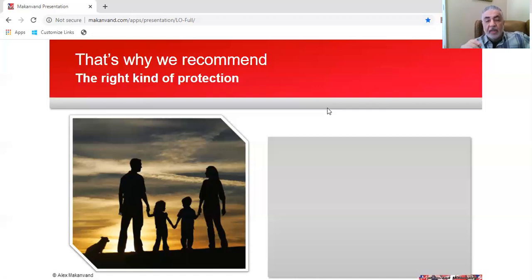So for example, a lot of these coverages from work are for accidental death only, or they only cover work-related deaths, and they don't cover illnesses, and they don't cover an accident that took place outside of work or something of that nature. And so they're very, very limited in their scope, and you always have to remember: why is something so inexpensive? Why is something dirt cheap? Chances are it's inexpensive because it doesn't have to pay out.